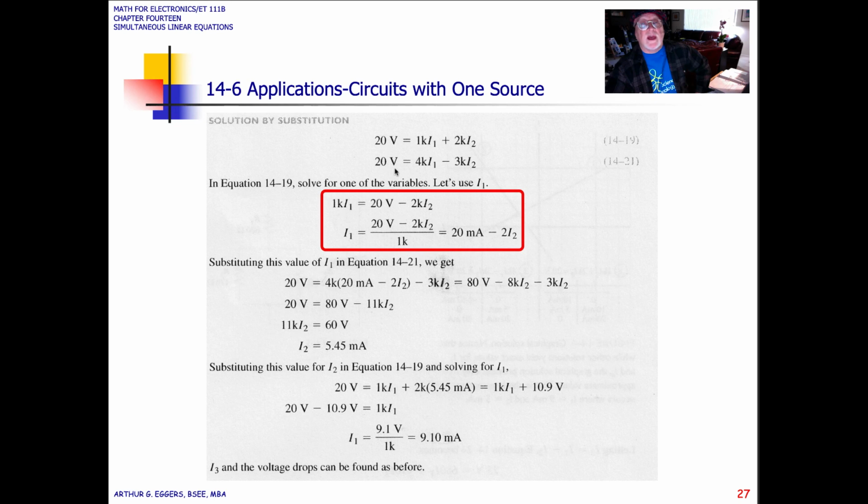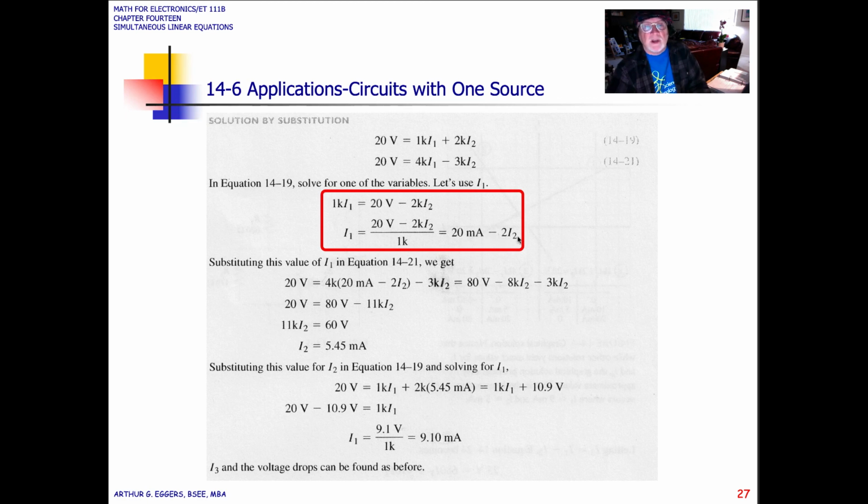So we have 1k I1 that we want on the left side of the equation, everything else on the right side, so that in the next step we can move the resistance 1k to the other side. You notice we've got it on the right side in the denominator so that we can divide 1k into 20 volts, and 1k into 2k times the current I2, which gives us a solution with I2 in it,